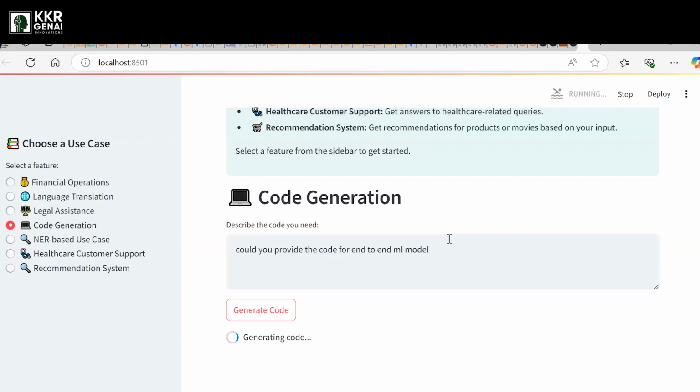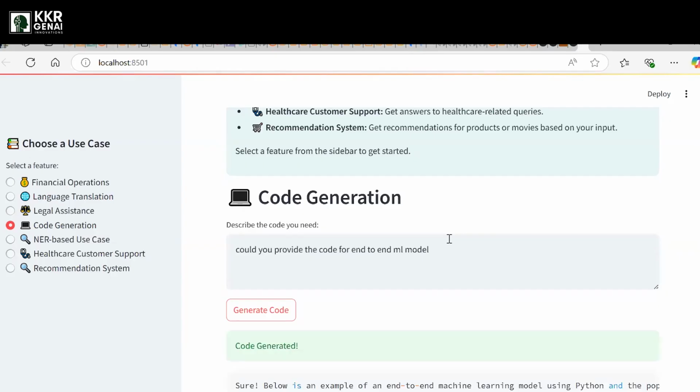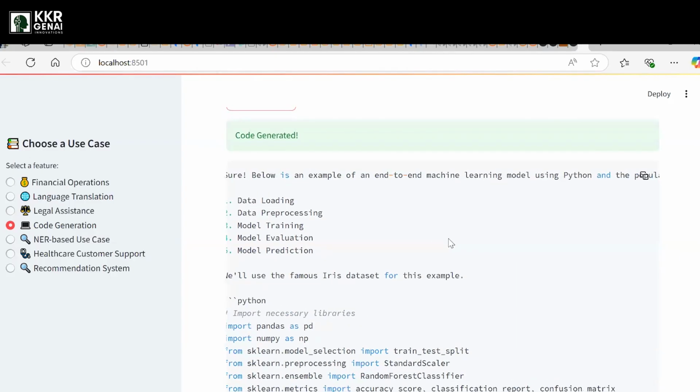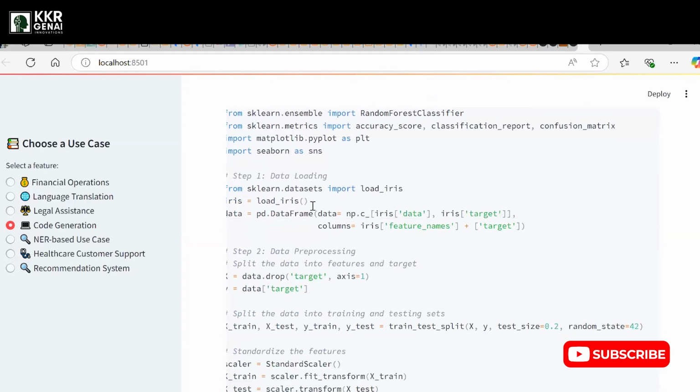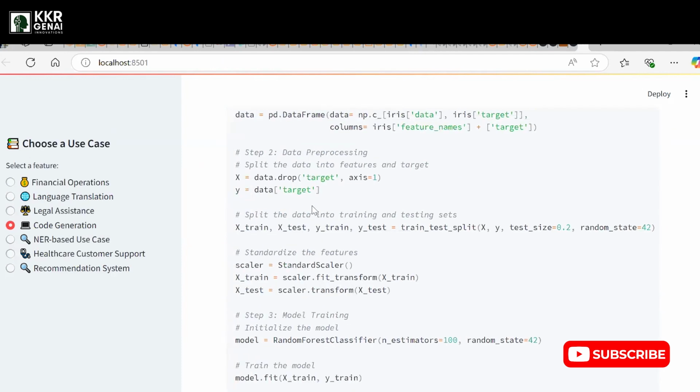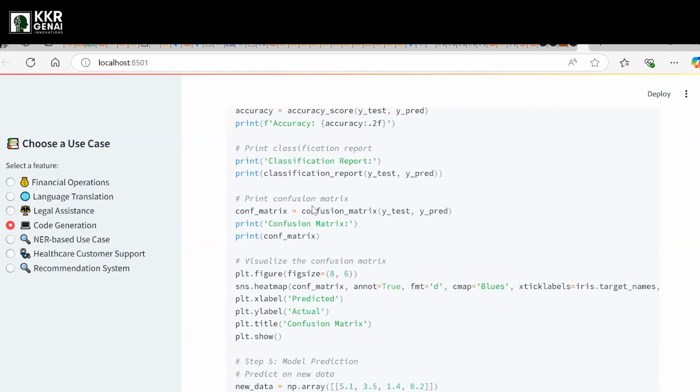You can specify decision tree or random forest algorithm, for a regression or classification problem, and it will generate all the information. You can see all the end-to-end machine learning steps provided here: data loading and pre-processing, model training and evaluation, along with the code.